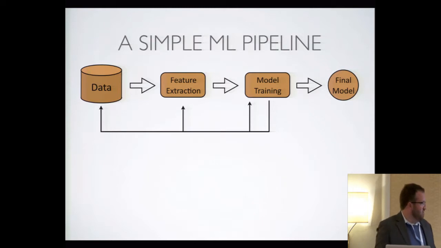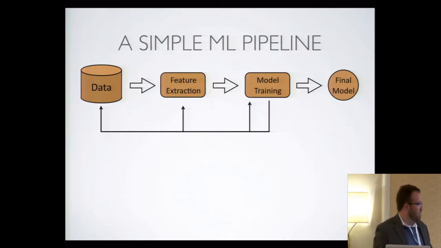In reality, though, constructing these pipelines is a highly iterative procedure. You'll evaluate your model, and suddenly the error will be junk, and you'll realize you need to go back and add some new data. Maybe you need to try a different feature extraction procedure, or maybe you need to experiment with different kinds of model families.